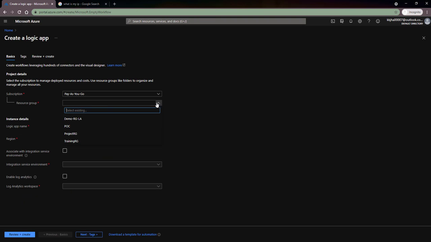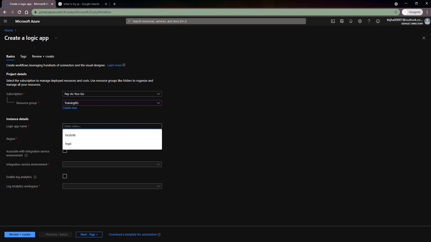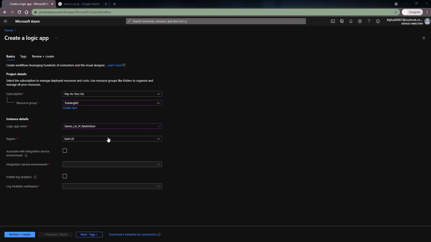So let's choose the resource group. I'll choose the training resource group, and here I'll give my Logic App name, IP restriction.